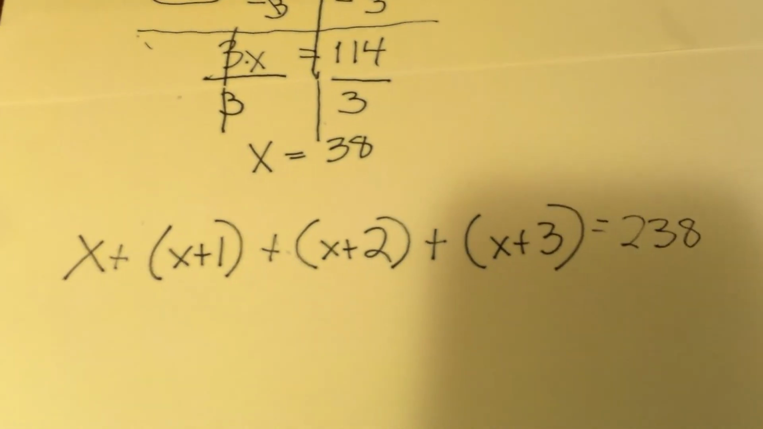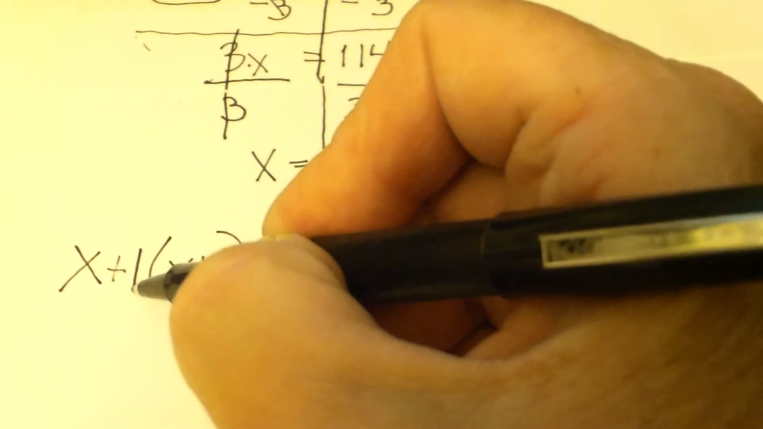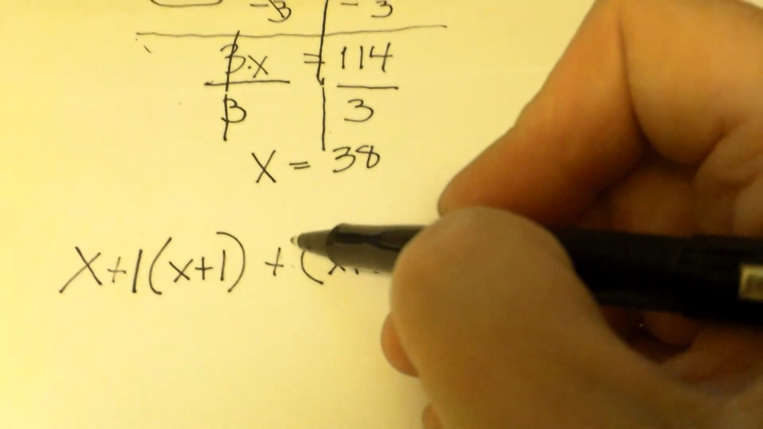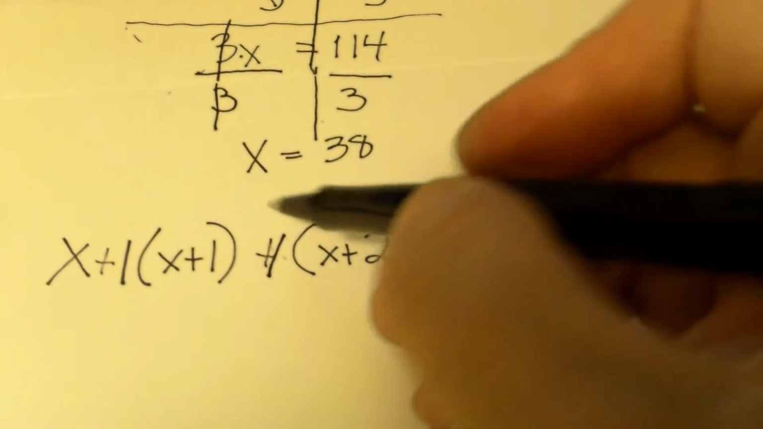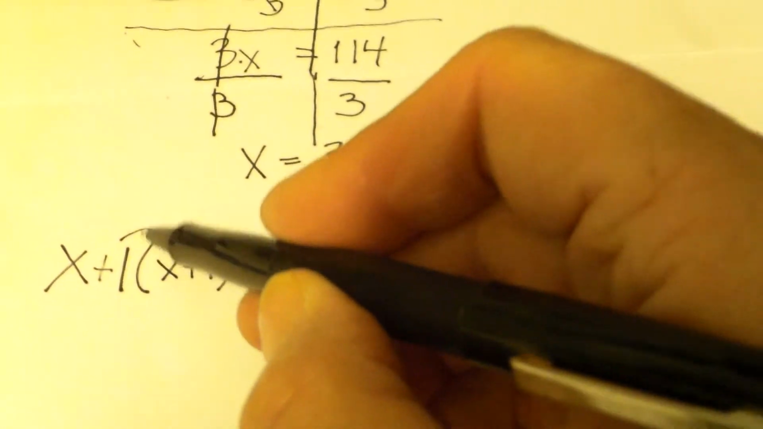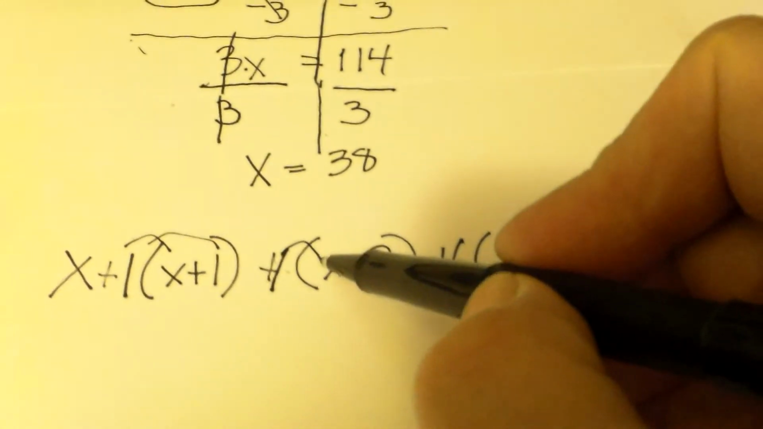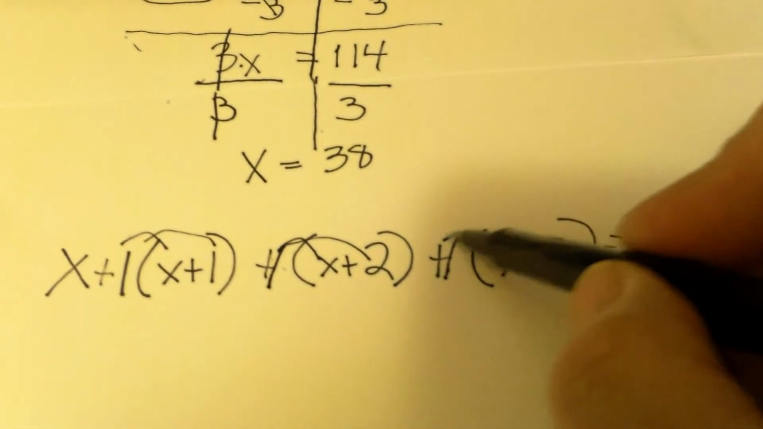Do I need to do distributive property? Yep, I need to get rid of my parentheses. So I'm going to put a 1 here and distribute that, put a 1 here and distribute that, and put a 1 here and distribute that. So when I distribute here, here, and here,